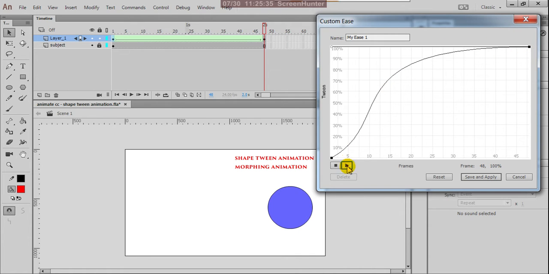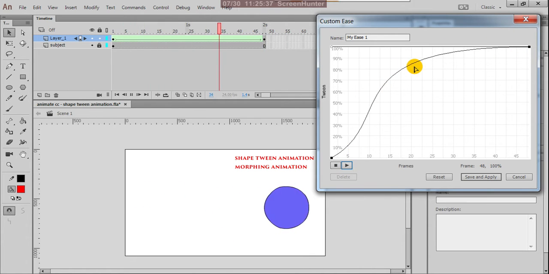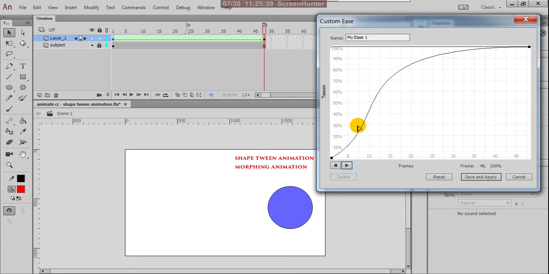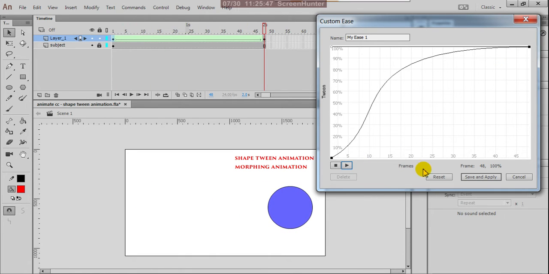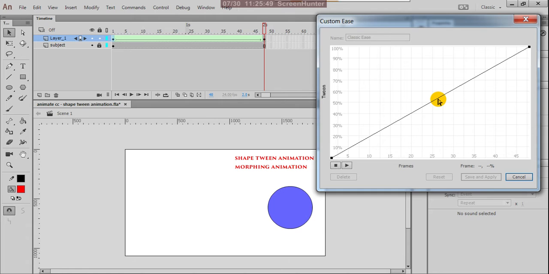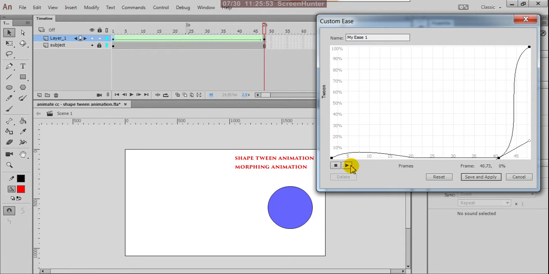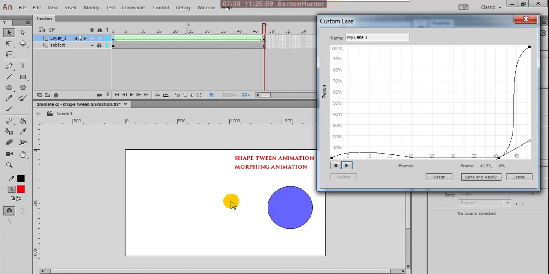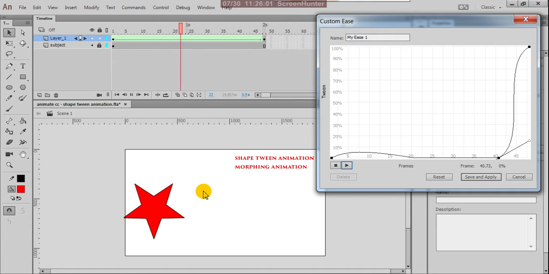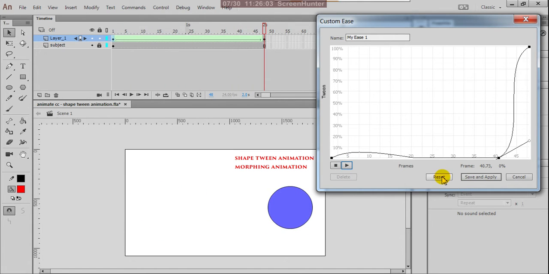Here the action will be faster. See the slope at this area, here the action will be faster and here it is slower. Reset, and now you can move one side or anywhere. You can check this. See the anticipation, it is taking a few frames back and pushing.